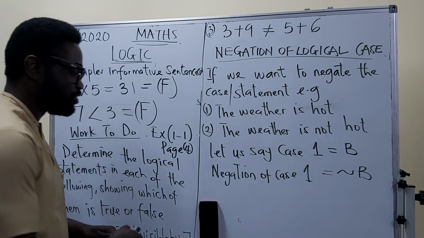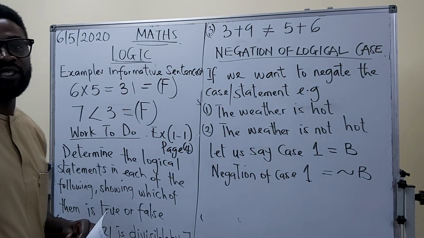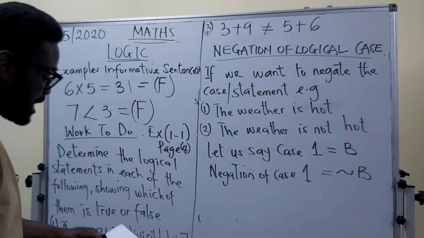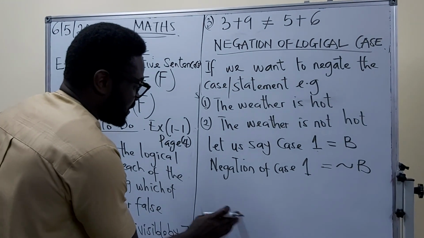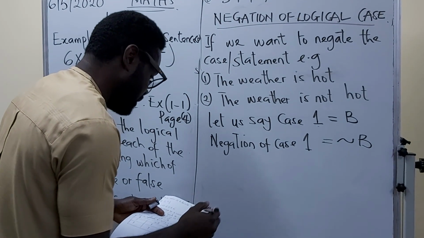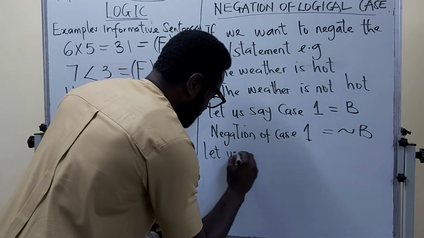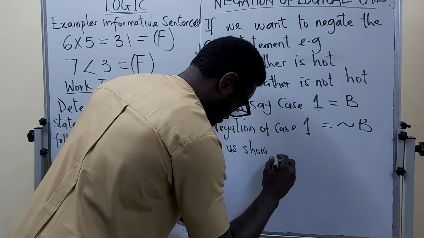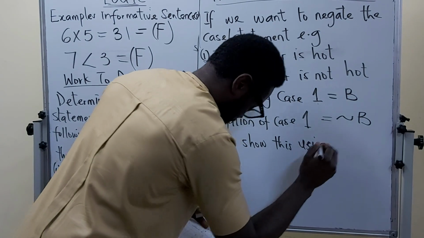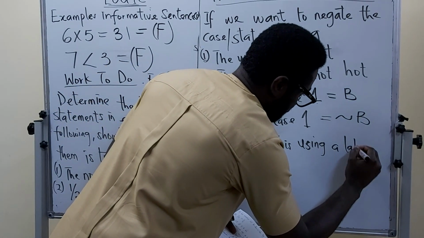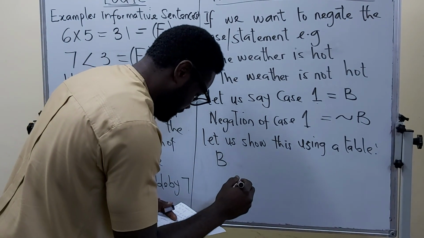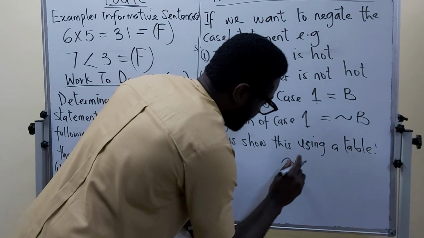So now, let's draw, because we still get to a point where we will be asked to draw the truth table. So I want you to have an idea of what it is, depending on the number of cases we have for that truth table. Now, let us show this using a table. Most times it's called the truth table. So if this is B and this is negation B,